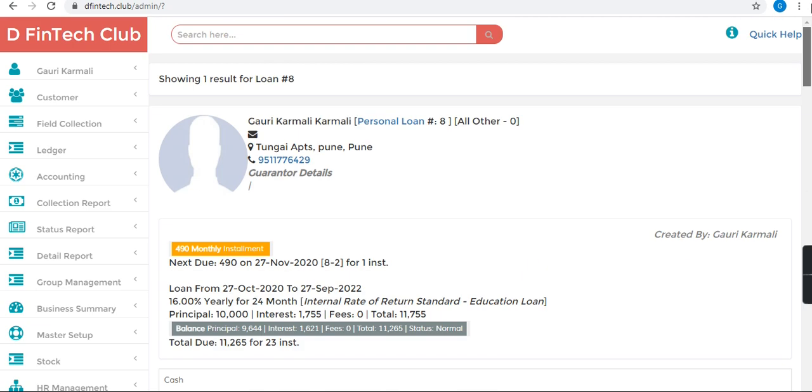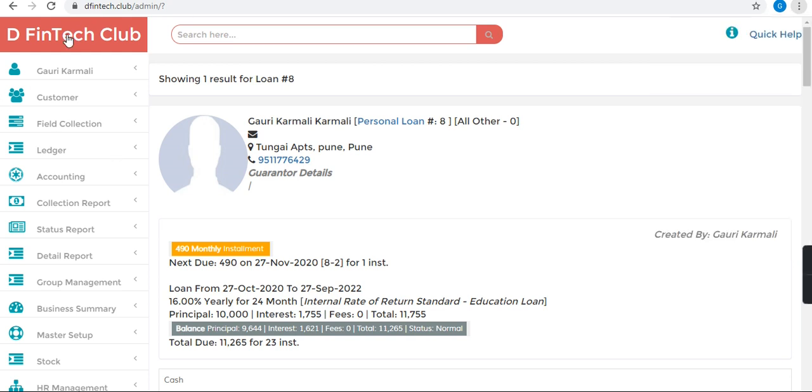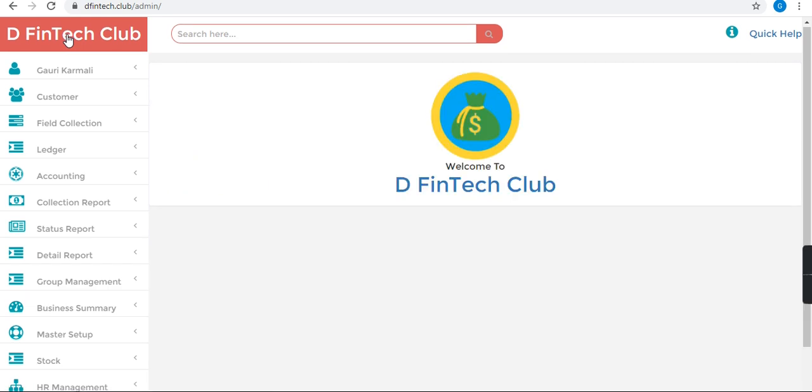Now once the loan is created, we have also seen how the repayment can be received. So friends, in this way, a customer can onboard himself and then apply for a loan. The admin can go ahead and approve the loan. We have seen all the SMSs that come to the admin when the loan is applied, also the SMS that goes when we receive the repayment and when the loan is disbursed.